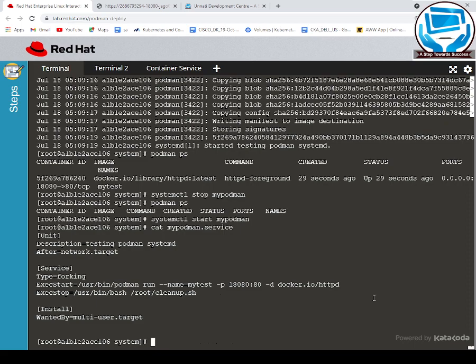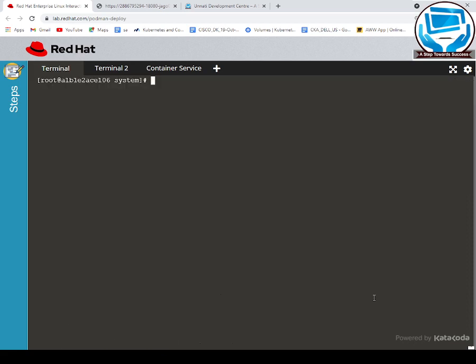Before winding up, I just want to clarify, you can use the podman generate command. Sorry, this is very interesting logic, guys. Podman supports generating the systemd unit so that you don't need to do the hard work.